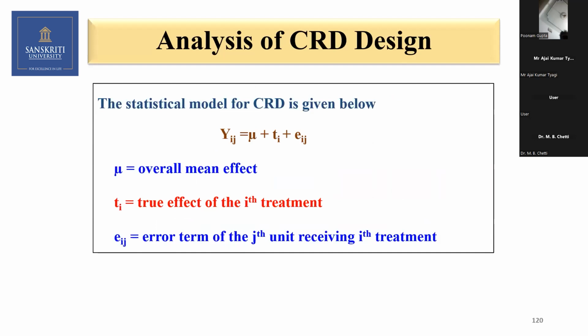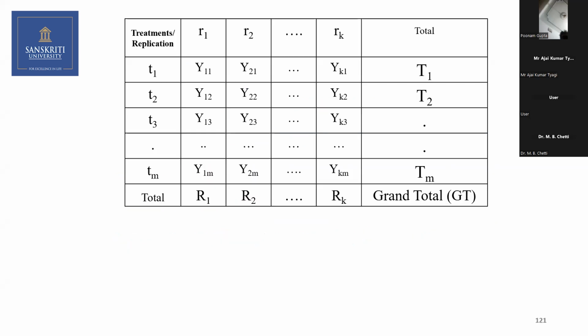Now, actually, Yij, I do not know how many of you will understand. The overall observed value is a combination of the overall mean plus the treatment effect plus error. Suppose you repeat an experiment; we don't get the same observation. So that is the error we have. The overall mean is the expected mean. Now, this is one layout of this. Here, the grand total